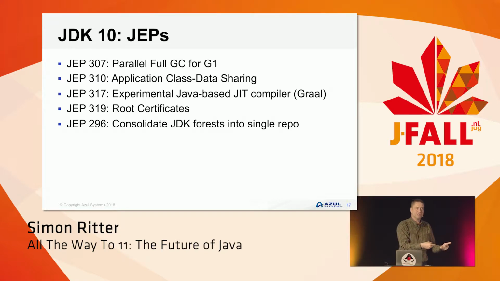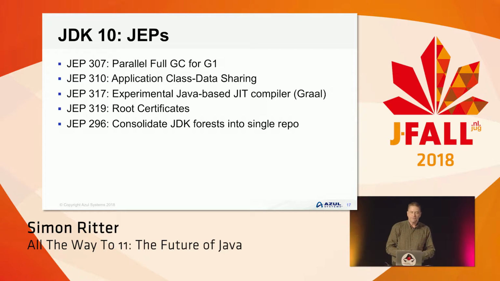Then when you start up the JVM again, rather than having to read the class files and process them, the JVM can simply map that file into memory and make use of the data structures that are already there. Similarly, if you've got multiple JVMs running the same application, they can all share that file through memory mapping, and it reduces the amount of resources you need for running those multiple applications.